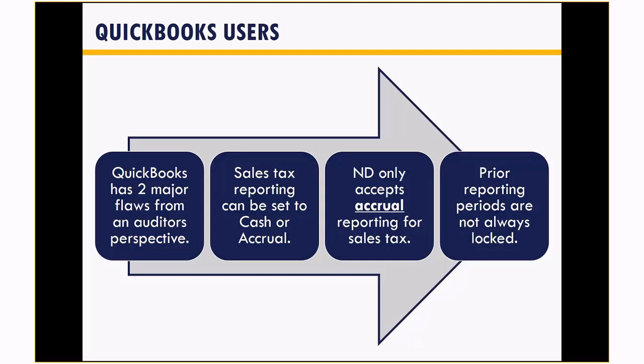The filing was sent into the state, and that's a fixed period in time. Had our period in QuickBooks been locked, it would have also matched when the report was rerun. Because it wasn't locked and a change was made, now we have two different numbers that we need to try and figure out. If you're on QuickBooks, please lock your periods when they're done. It can save a lot of headaches on the other end.